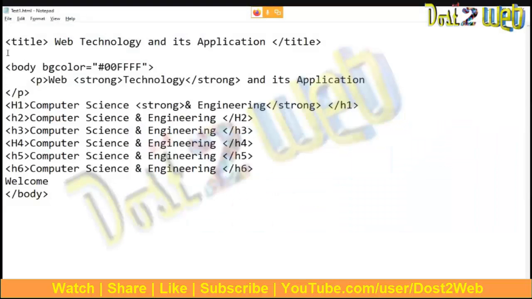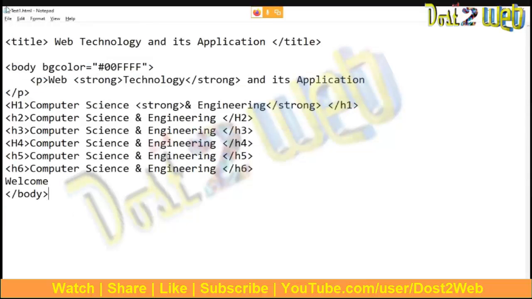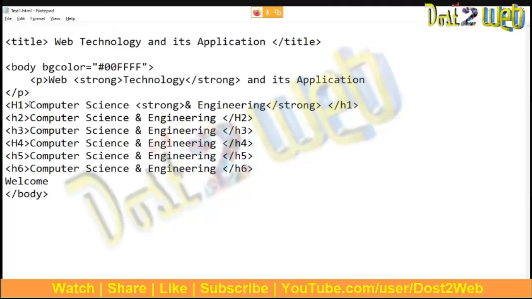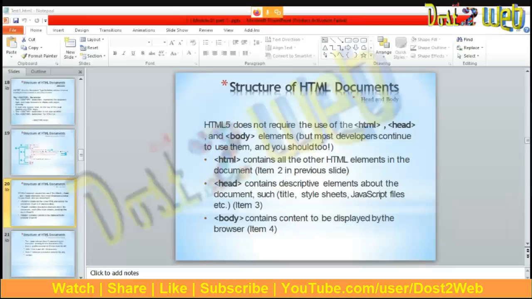So that's why you can see here I have not used any html or head. I have used the body tag, so it is working inside the body. Whatever we write, if you keep it inside this, obviously it will appear on your page. So that's what it is saying.